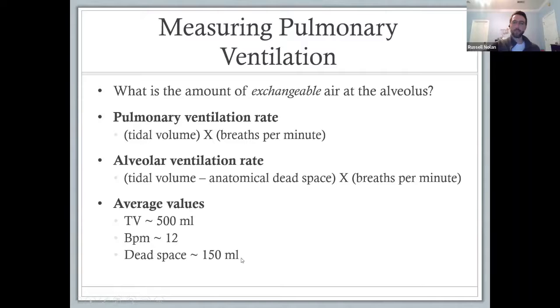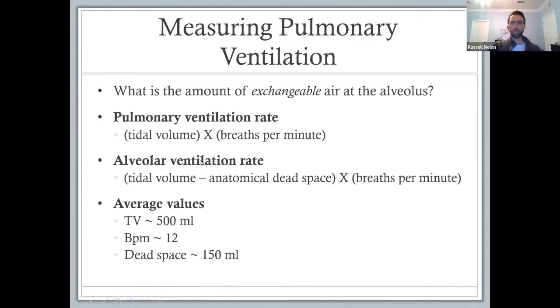So this is saying, in a sense, that if I'm offering 500 milliliters of air, no matter what I do, I have to at least offer 150 to overcome that dead space, because no matter what I do, I'm going to lose about 150 mLs of air. So the equation is still the same, we're just overcoming that dead space. So as I said,